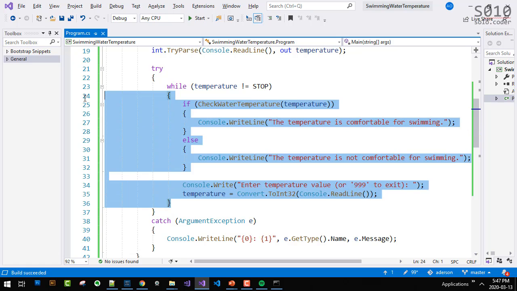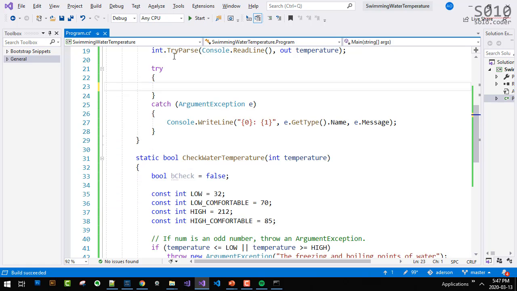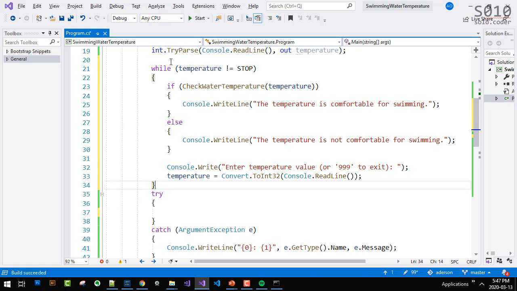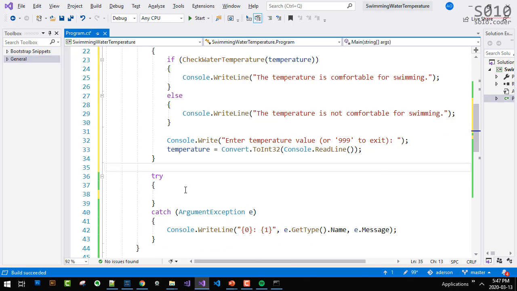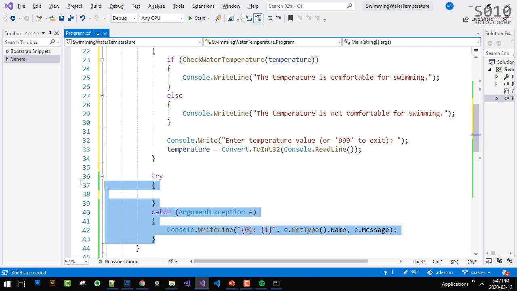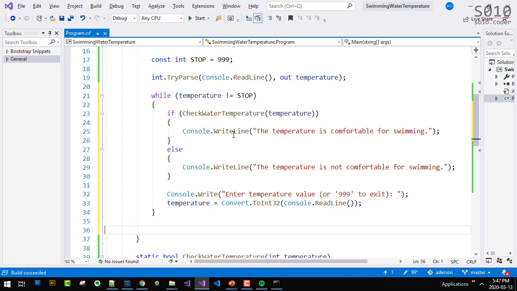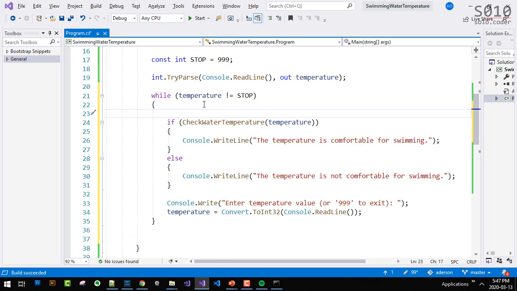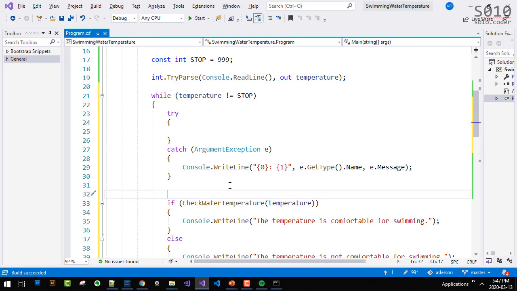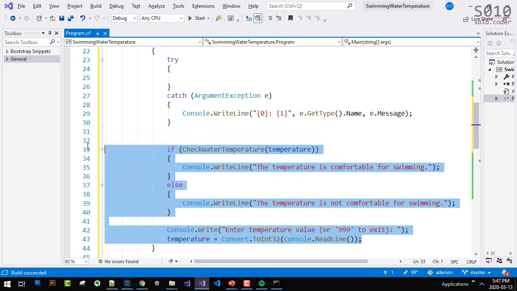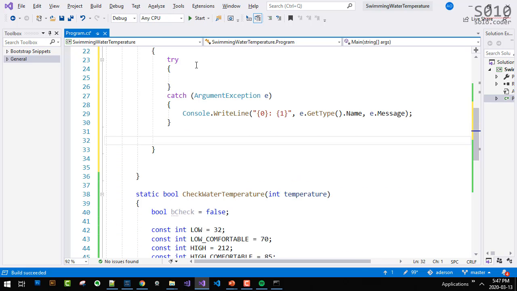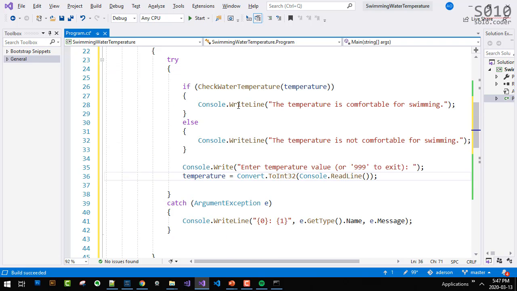So I'm going to just do this. Control X. I'm going to put this at the top. And then I'm going to move try inside the while. Okay? And I'm going to move this entire code inside try.